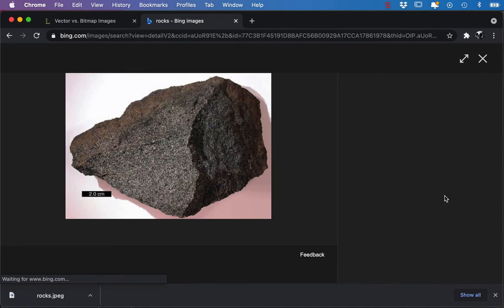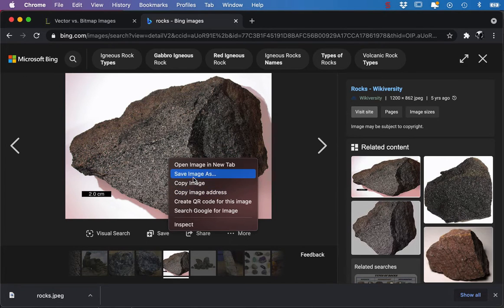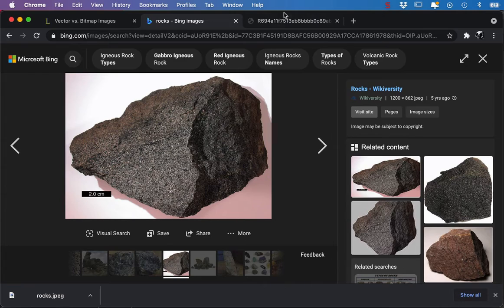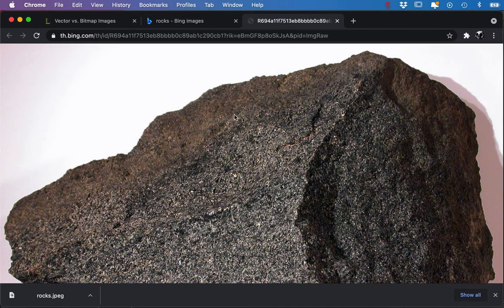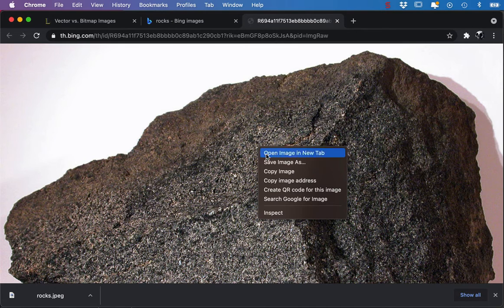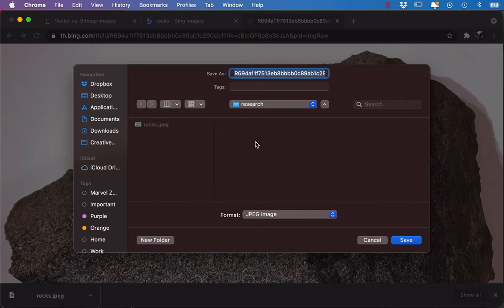So I'm going to click on it, control click, open image in a new tab, click on it, so I've got the big size one, control click, save image as,